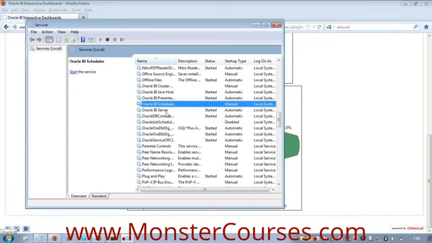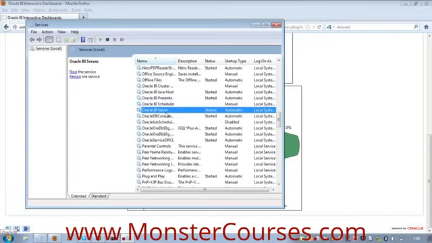Similarly, your Oracle BI server is the processing unit. It is the brain of your OBI application. See, the central processing unit is the brain of the computer, right? Similarly, Oracle BI server is the brain of your OBI application. Now, it also has its own limitations, right?